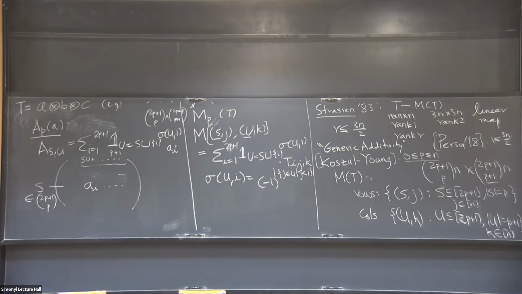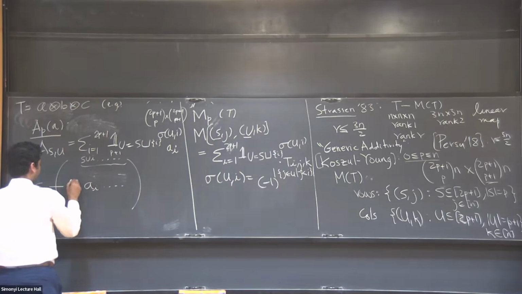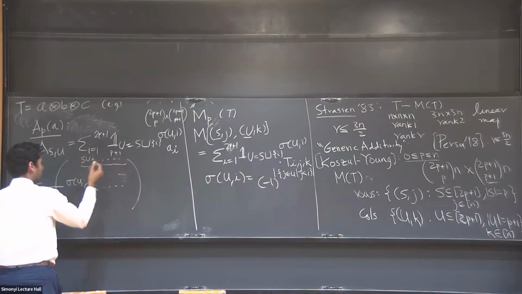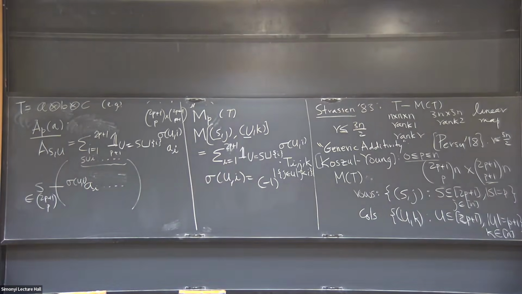The minus, with a sign. Oh yes, and there is a sign. Yes, so the sign is important for some cancellation. I'll show you, but for now you can even ignore it. You can see that up to some signs I'm spreading out the entries A1 through A2P plus 1 in this